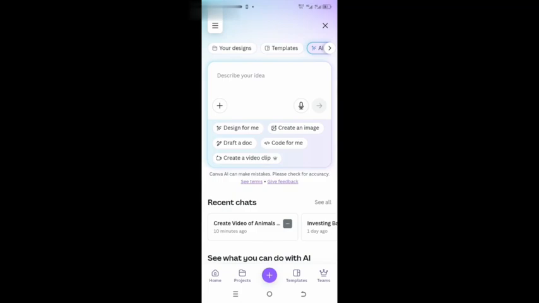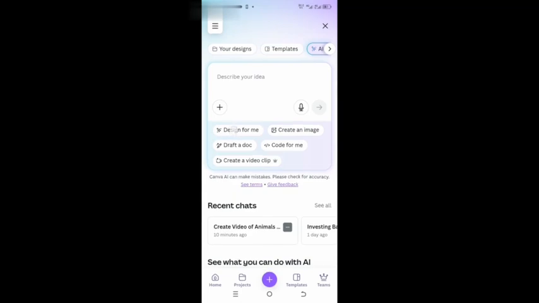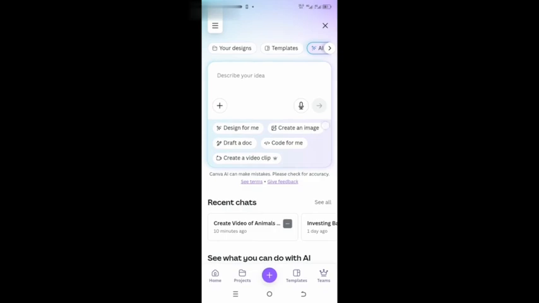You can ask the AI to design for you. You can create an image. It can code for you. You can also use it to draft a document. You can use it to create a video clip. Now, for this demo, I'm going to be showing you how to create a video clip